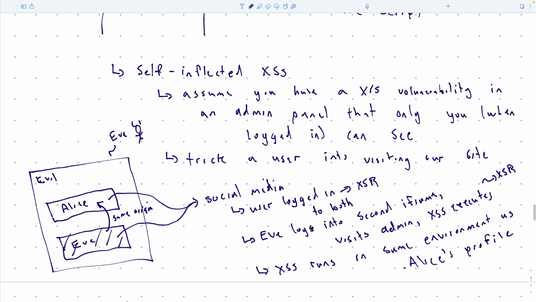So don't worry about the text for now. Just think about the page itself. Let's say first off that there's some page that has this admin panel. I call it social media in the example. So there's some social media page, and it has this cross-site scripting vulnerability, but it's in an administrative panel that only I can see. How can I attack you with something that only I can see?